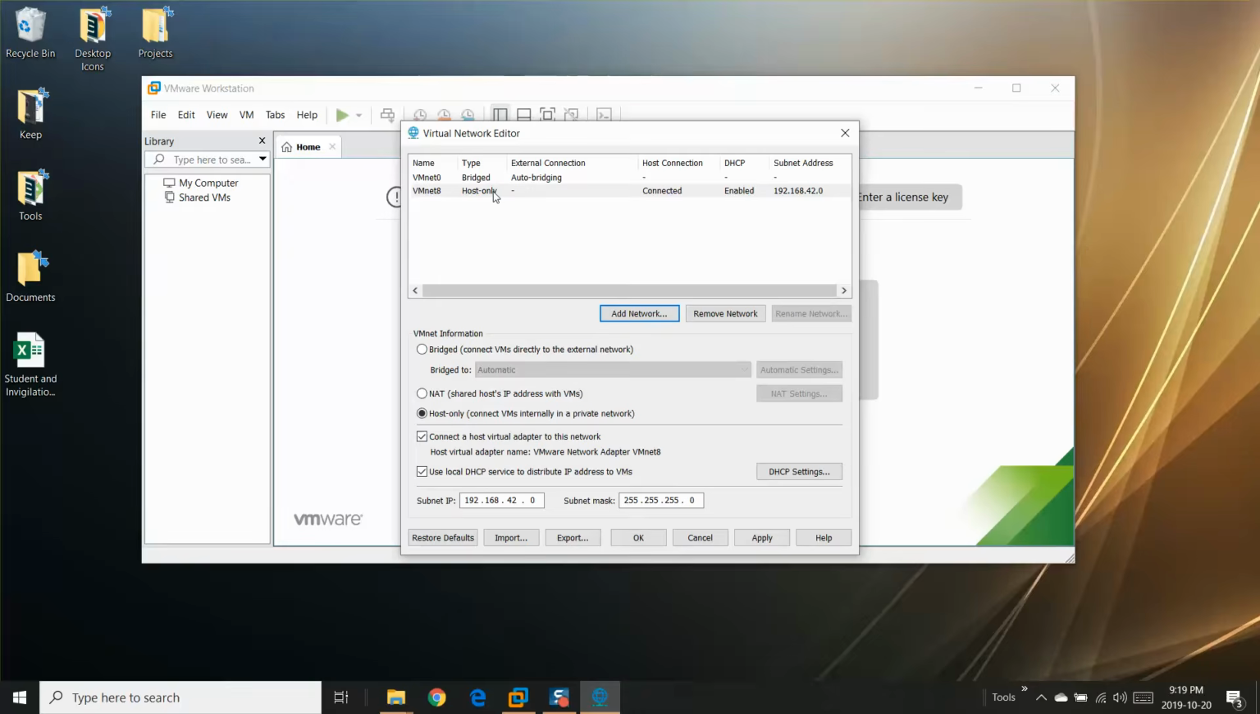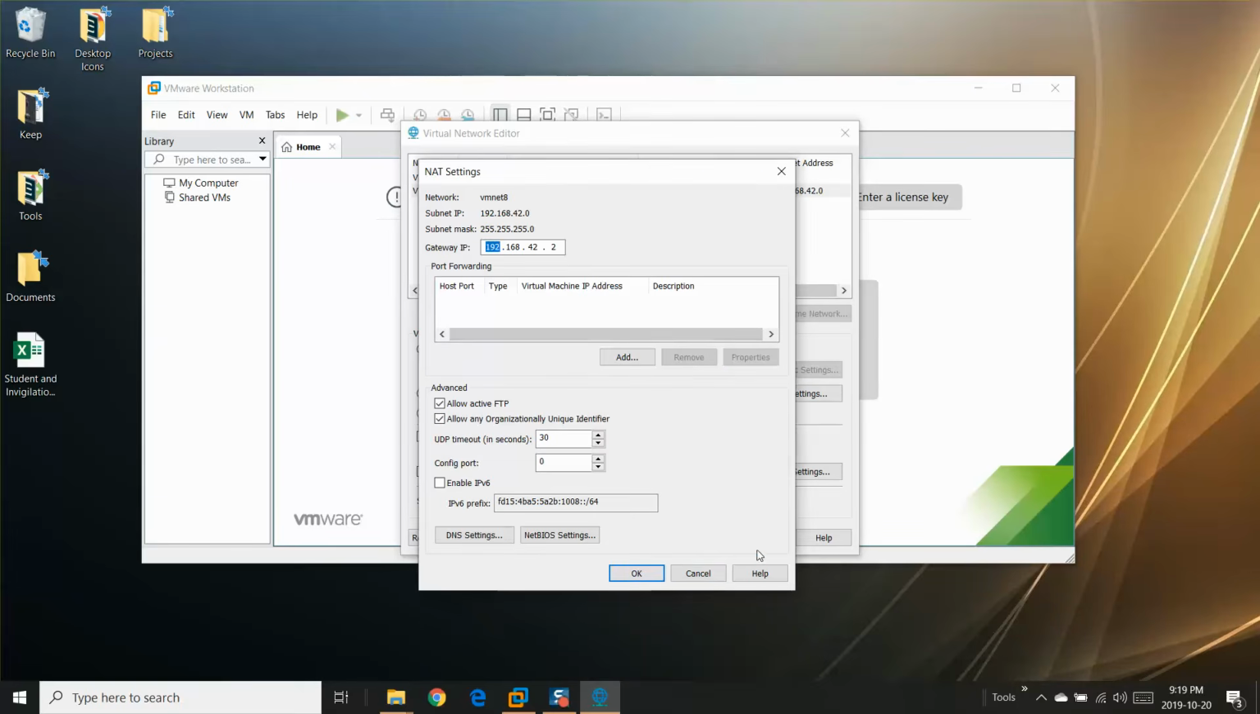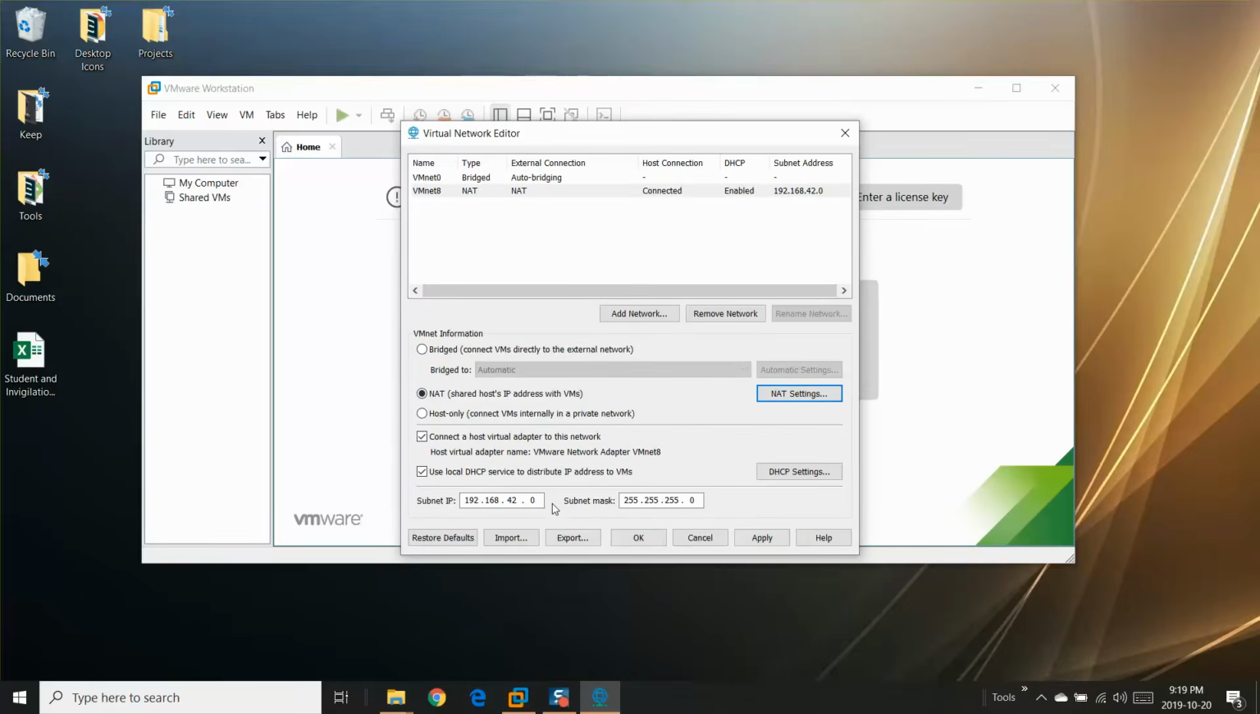Okay, so VMnet 8. As you can see, by default, it's set to host only. We're going to switch it to NAT and then configure the NAT settings. Oh, sorry. First of all, we need to change the subnet IP and subnet mask. Otherwise, changing the NAT won't work properly. So our address space will be 10.10.0.0, and it's a /16 address, so it'll be 255.255.0.0. So it'll have 2 to the power of 16 addresses available, which is way more than we need, but